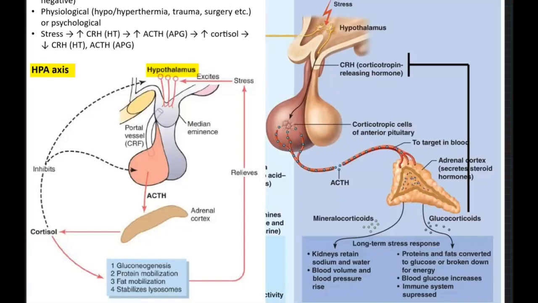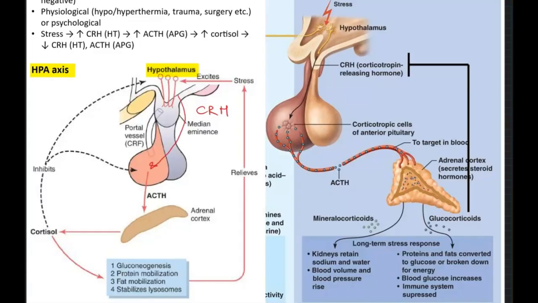The situation that can seem stressful to one person may not be such for another. In response to this long-term stress, the hypothalamus produces corticotropin releasing hormone, or CRH, which then acts on the anterior pituitary,